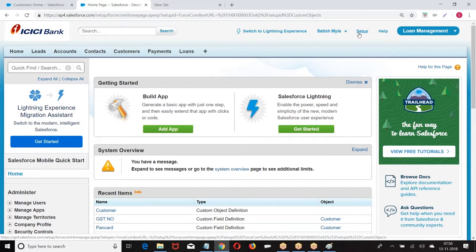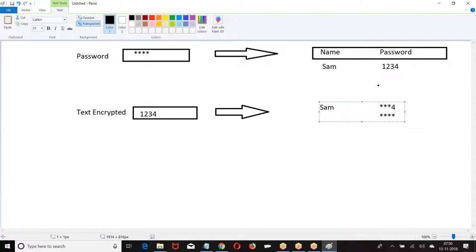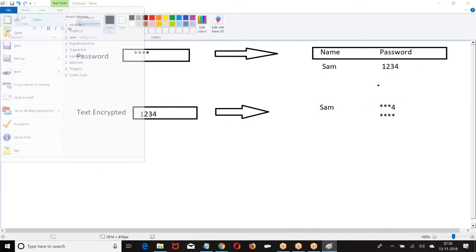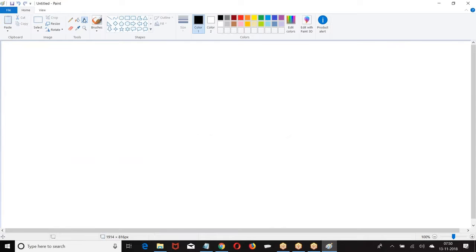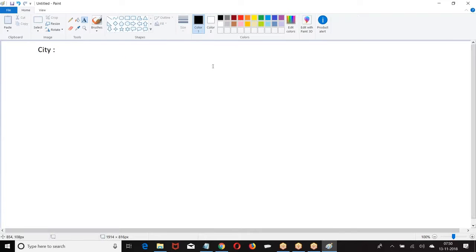I want to create a pick list. Look at the point. When you say pick list, it's a drop down list.